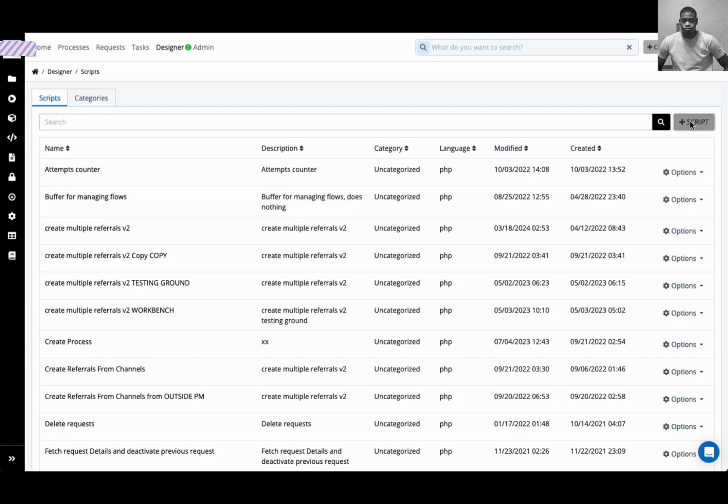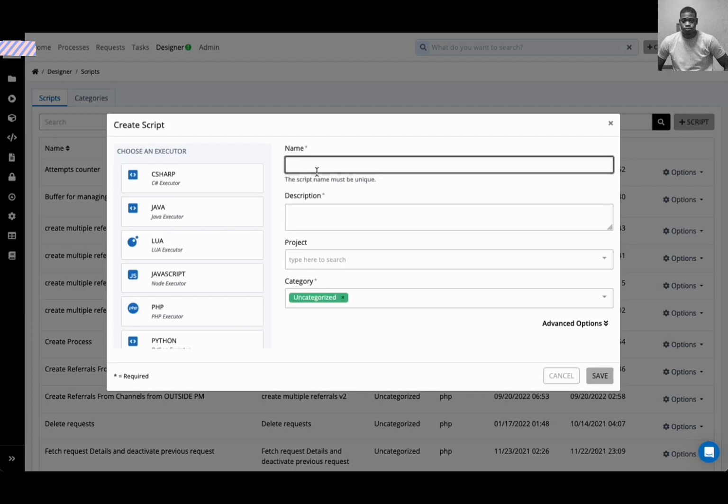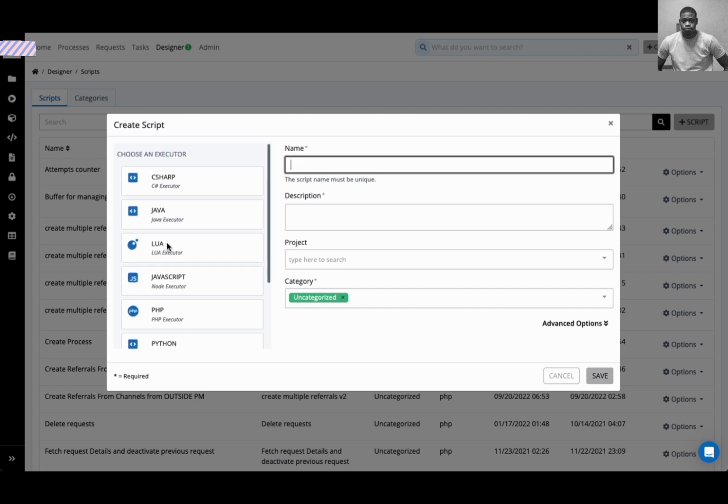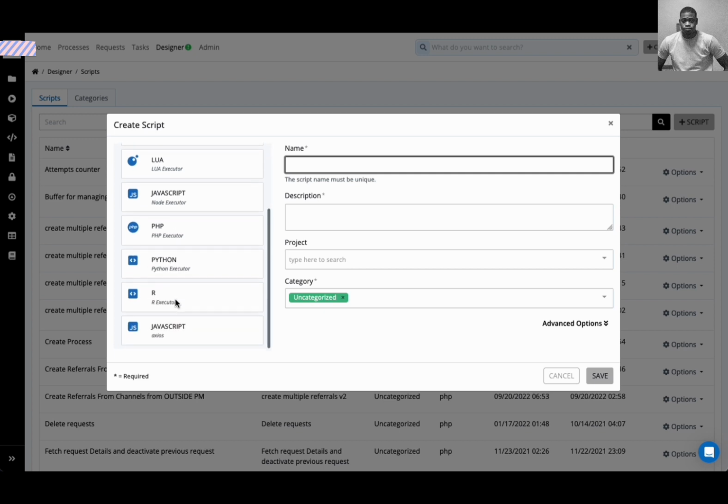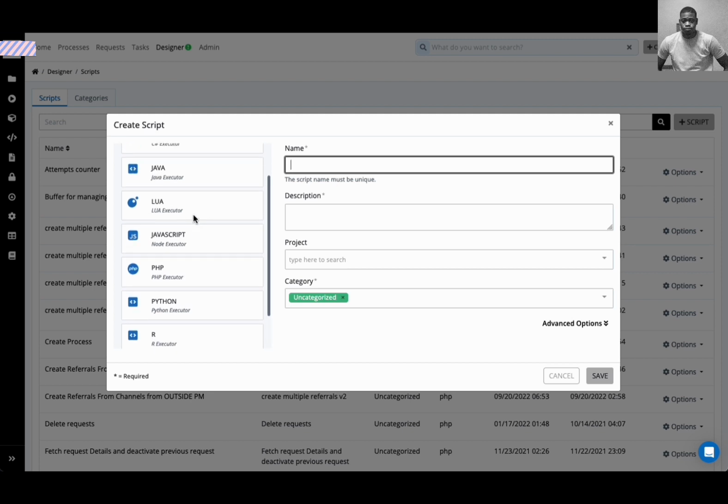Then I'm going to create a new script. And here you can give it a name. Here you can select what you want to use. You can use C#, like I said, Java, Lua, JavaScript, PHP. You might not have access to all these if you are not on the enterprise version,